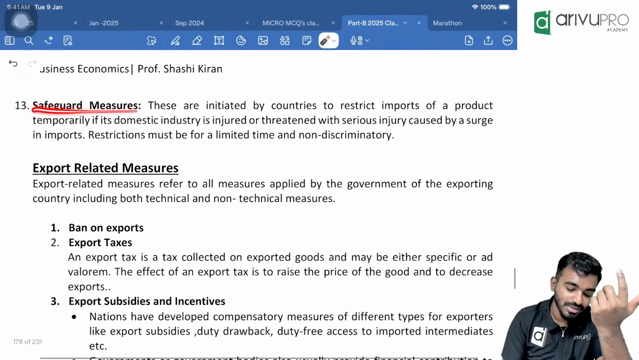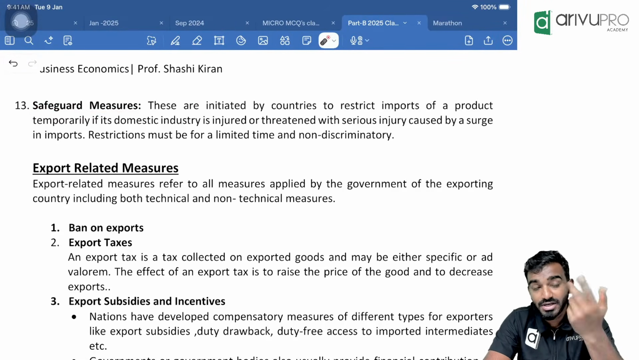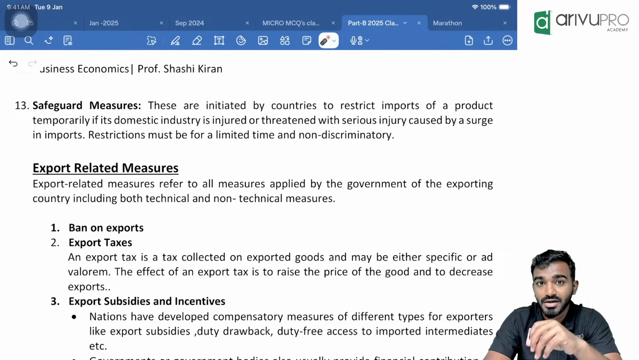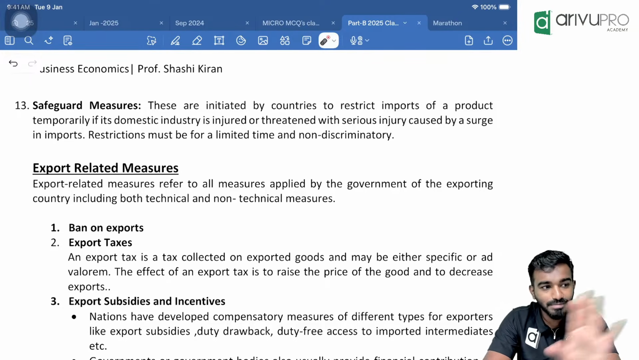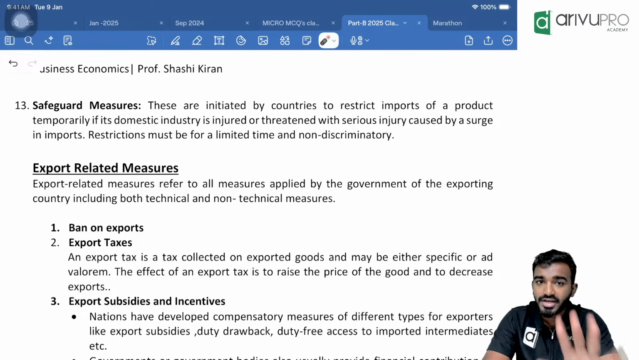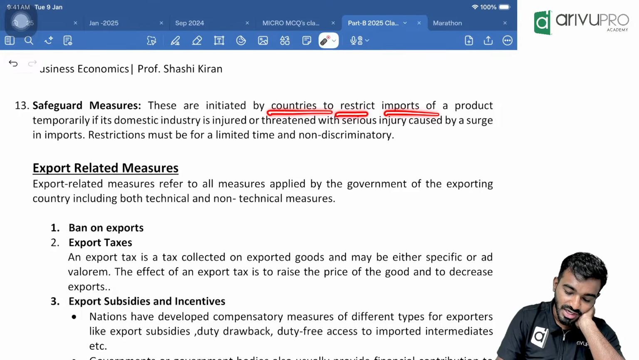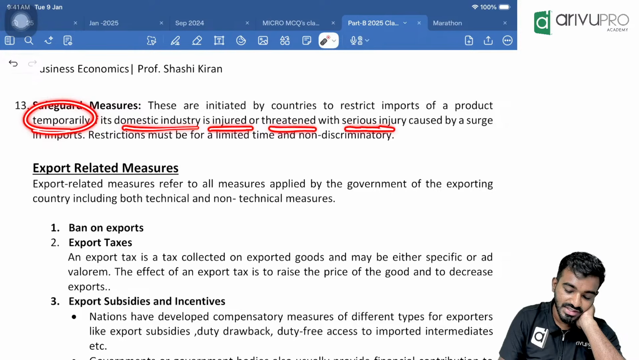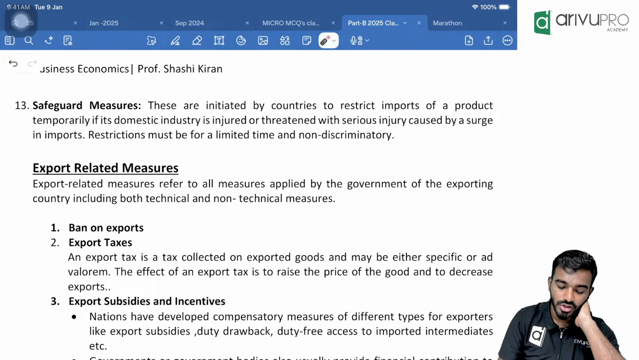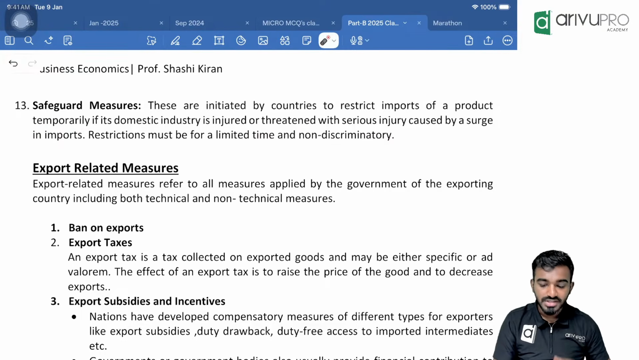Third one, safeguarding measures. All of a sudden, sometimes your product has been imported more into my country and is unable to sell. That is flooding here. Now it has threatened my domestic market. It has created an injury. For a temporary purpose, I will not allow those goods to come inside my country, any fresh goods. For a temporary purpose, foreign goods cannot come inside my country. See, a country restricts imports of a product temporarily if the domestic industry is injured or threatened with serious injury caused by the surge of imports. This is on a non-discretionary basis. So these are the 13 types of